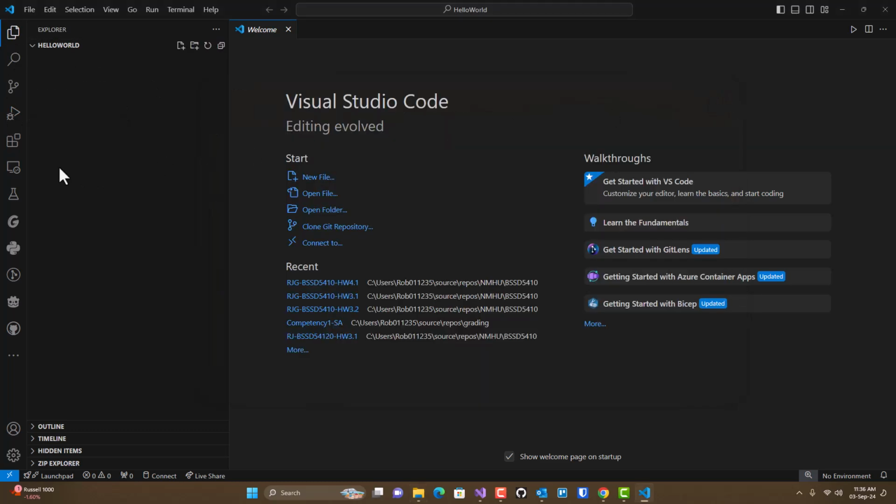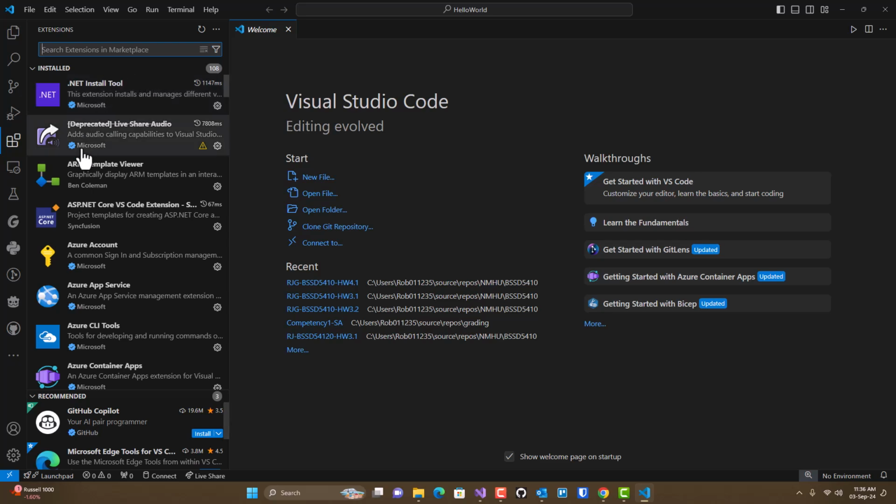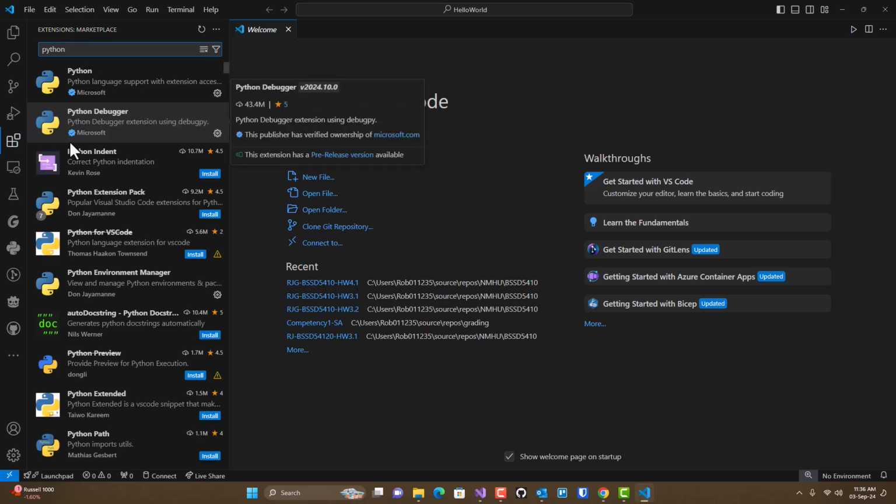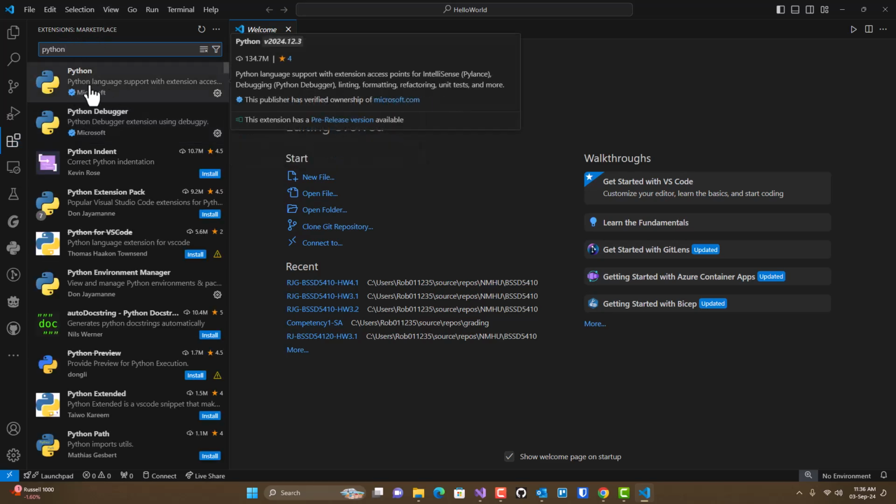So one of the first things we want to do is make sure that we have our Python extension installed. And so you'll see there's a search option here, there's source control, there's run and debug. We won't worry about a lot of these things. The one that we want to work with right now is extensions. If you click on extensions, you want to type in here Python, and I have a number of extensions installed,